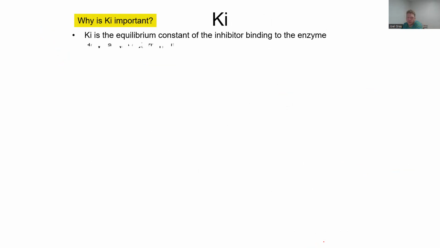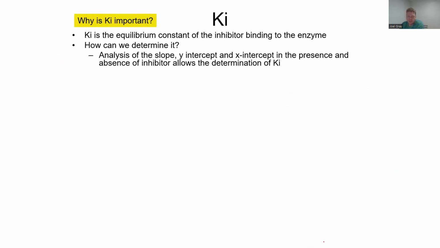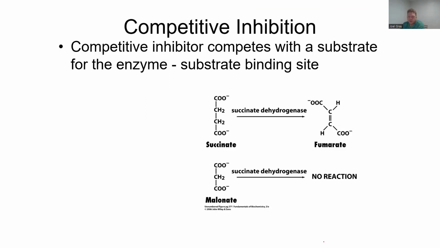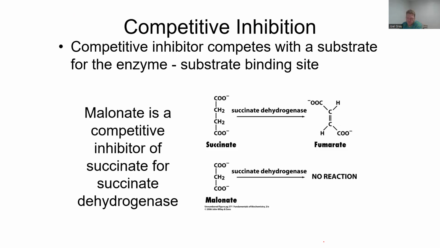Now, Ki is something that can absolutely be determined, but I'm not going to expect that of you. What you can do with Ki is determine basically the affinity that the enzyme has for that inhibitor, based on a couple of different plots that you would generate. So now, changing gears back to competitive inhibition, or the competitive inhibitor,